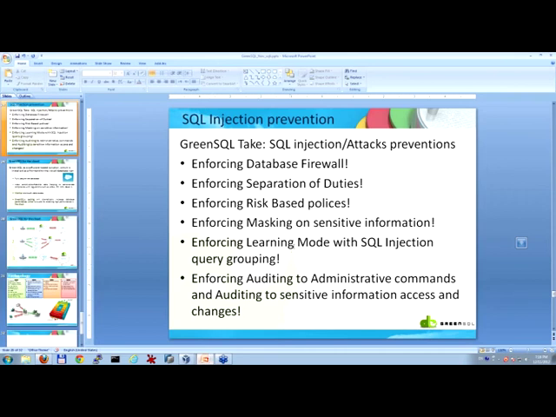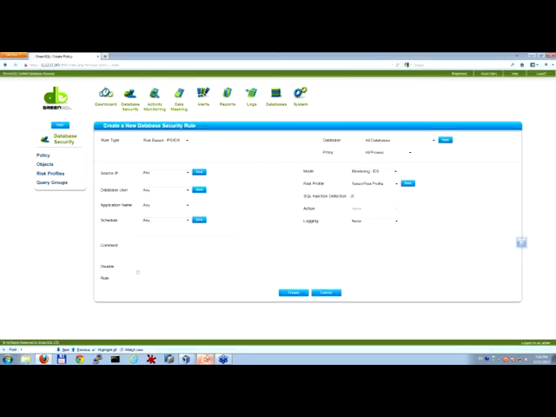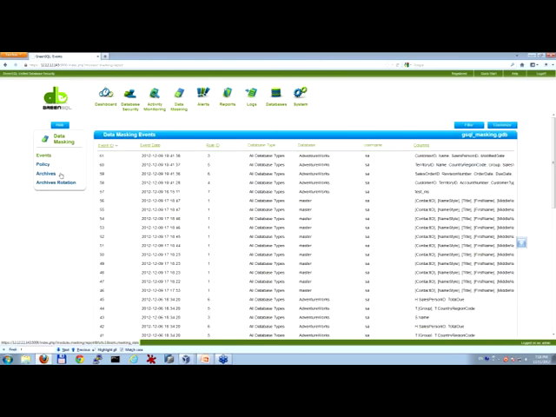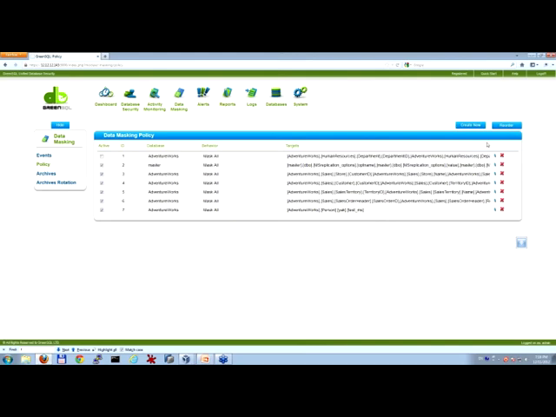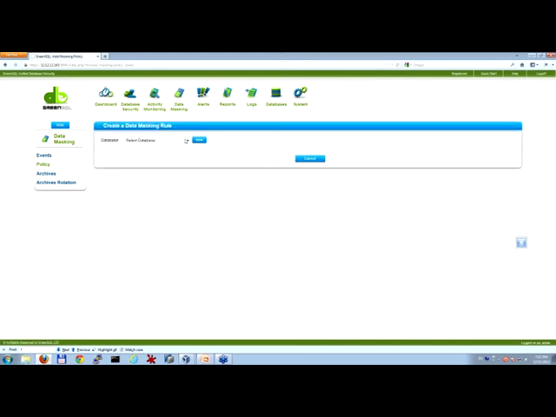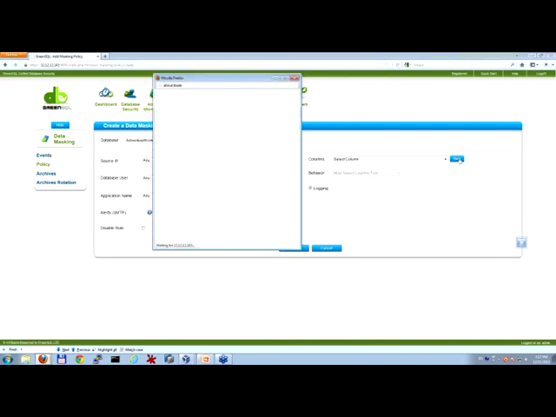The fourth command that is important for us, and we see more and more organizations running it in real time, is masking sensitive information. So even if an administrator or a third-party application has access to your database, using a masking policy in GreenSQL I have the option to decide whether I would like to mask sensitive information from a specific source.